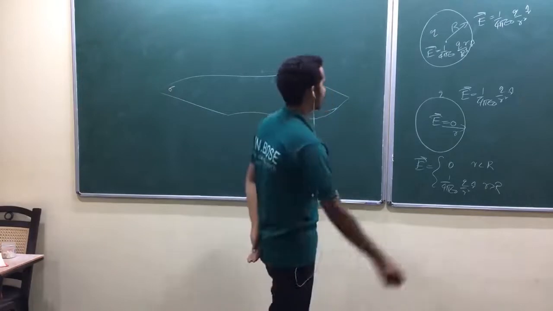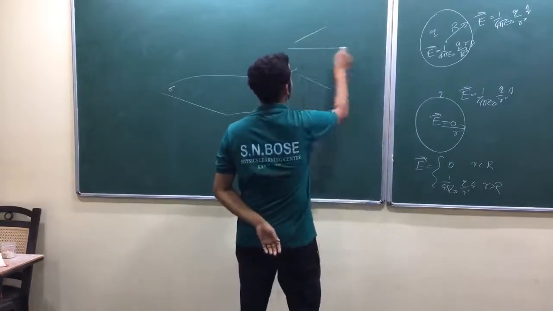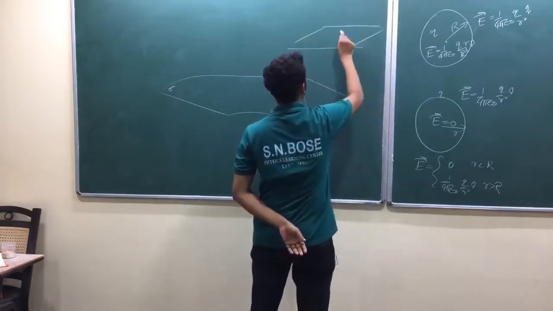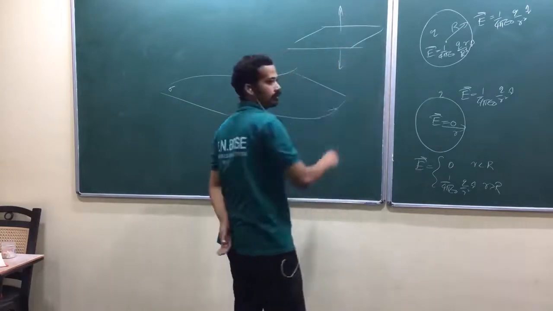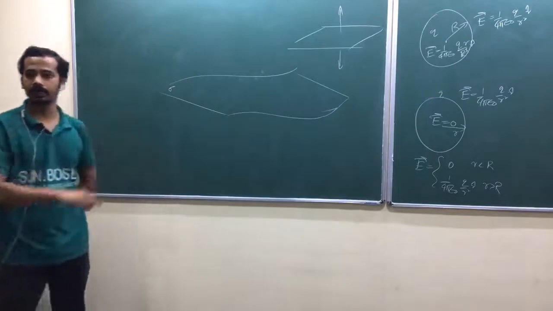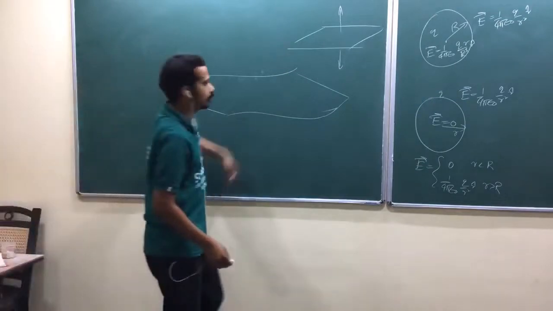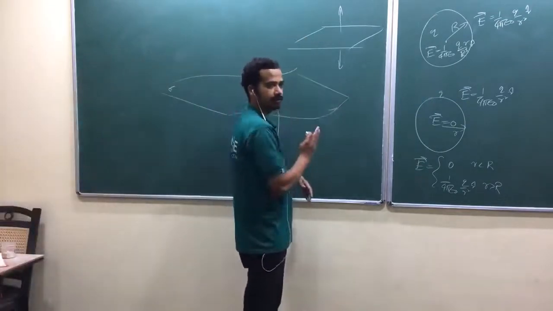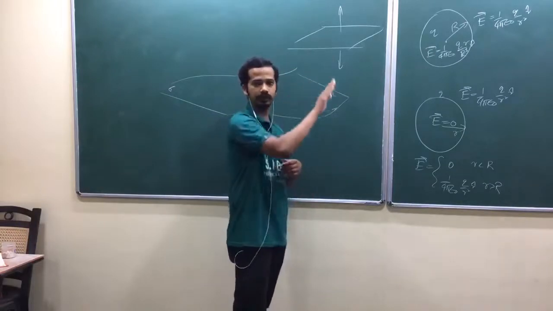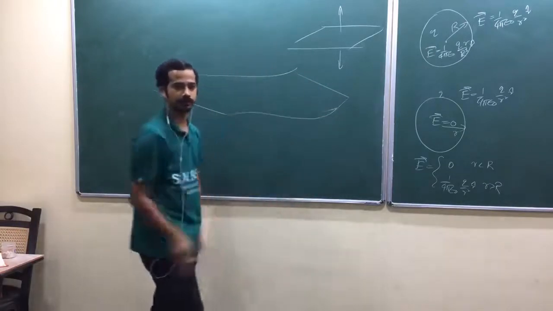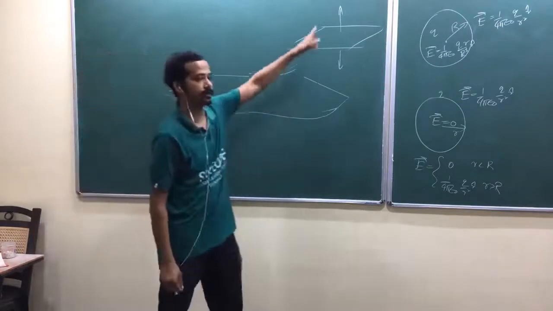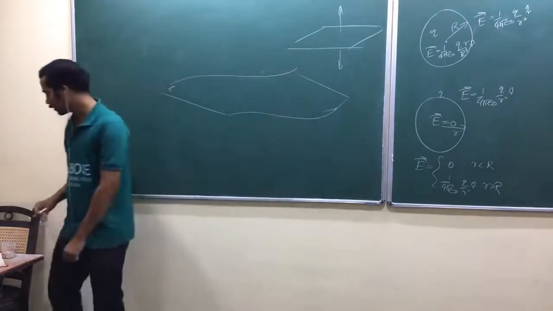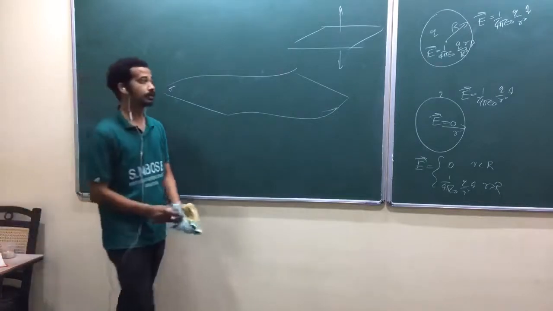One more example. The best example was our infinite plane. Do you remember your electric field was like this above, and like this below? That's not continuity, that's highly discontinuous. When you just go across the surface, it suddenly changes its direction by 180 degrees. Is that okay? So that's also discontinuity. Whenever we had a surface charge, the electric field was discontinuous.